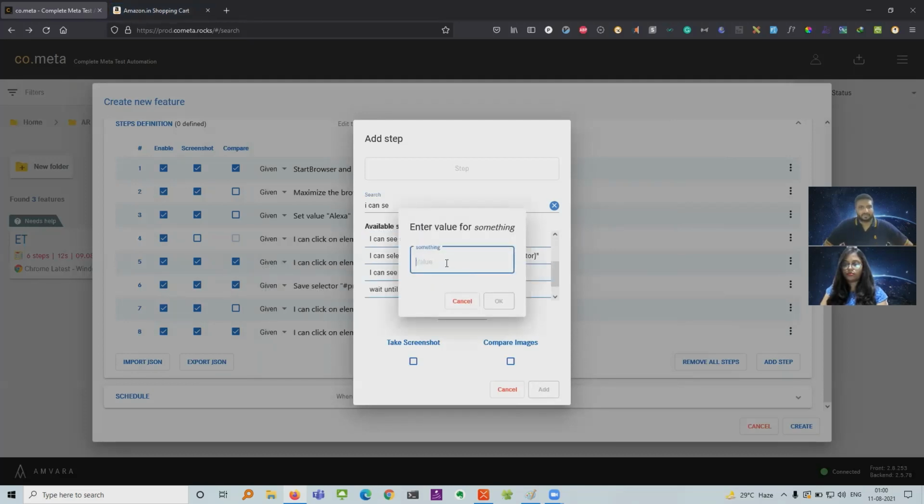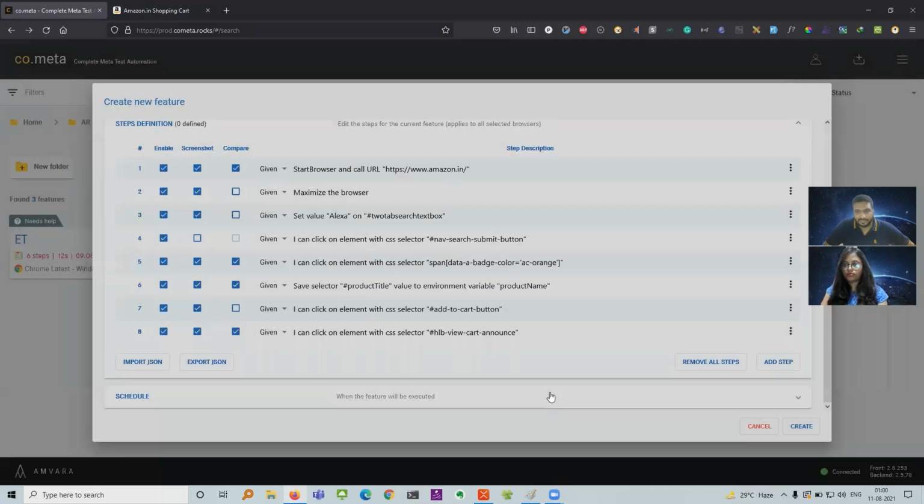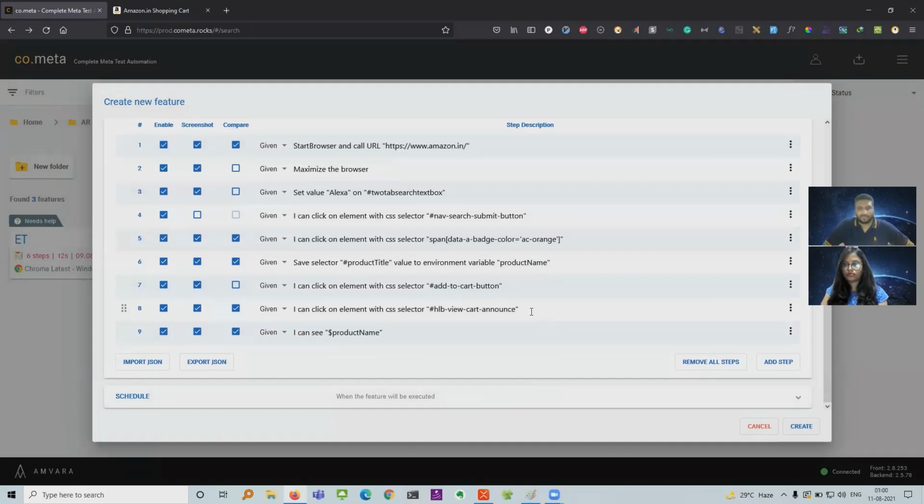So what is our something? We saved it in the product name. So let me write it with this $ sign, so that we can use it for comparing with that variable which we saved. So $product name. Okay. Take a screenshot, compare images, click on add, and we are done.